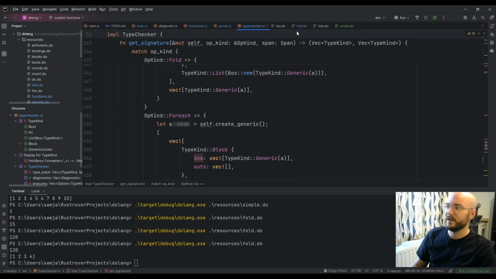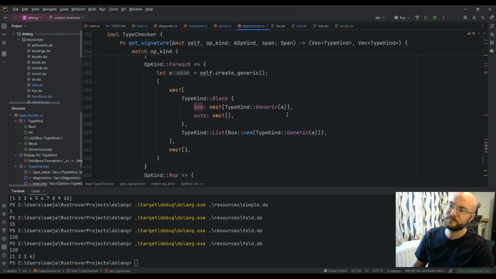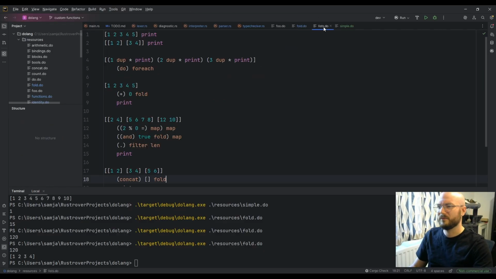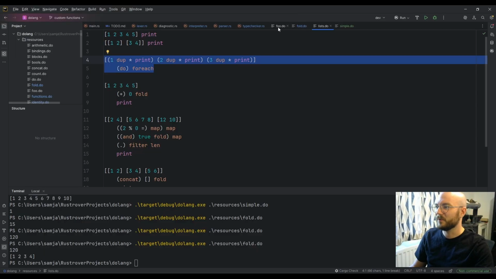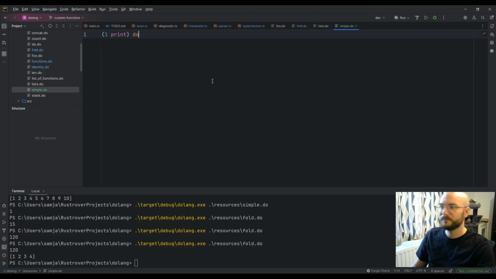There's for each, which you've seen before. I think actually you might not have seen it before. I can quickly show you what for each does. I have this example here. This is kind of a silly example. Let me go back to simple.